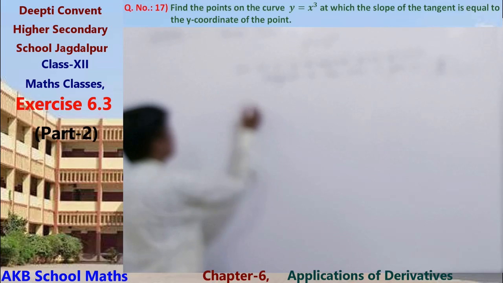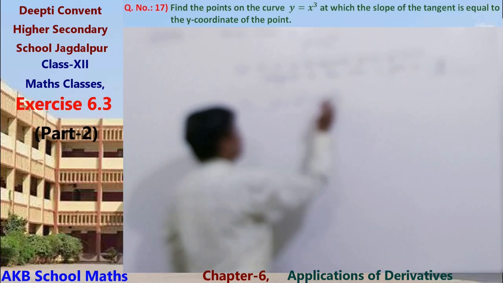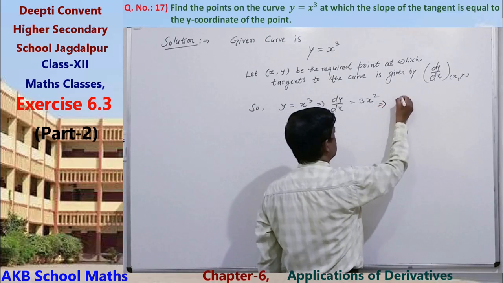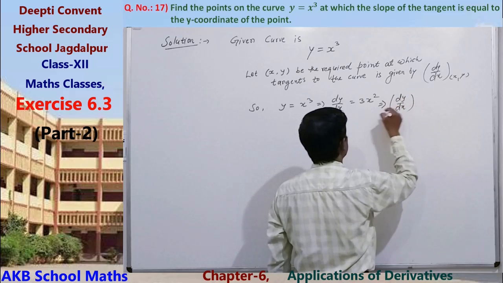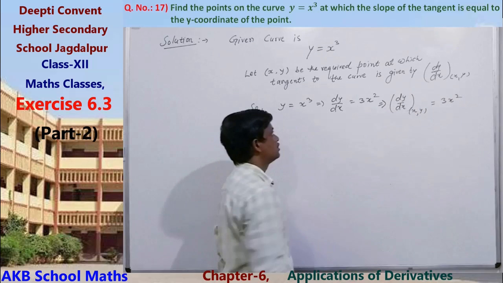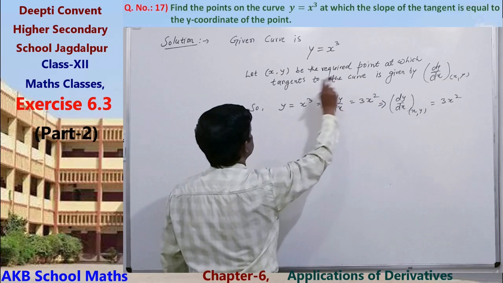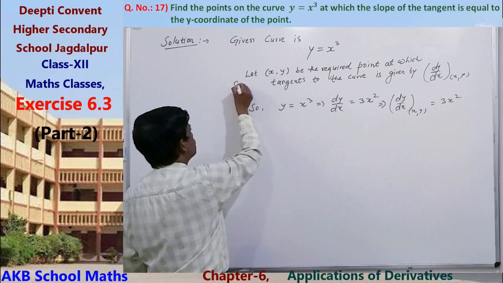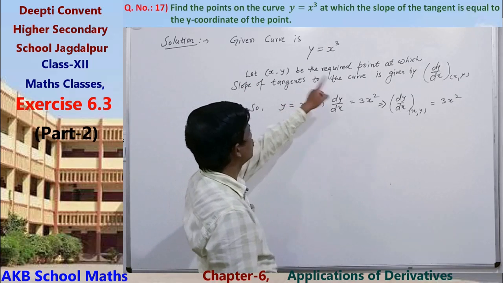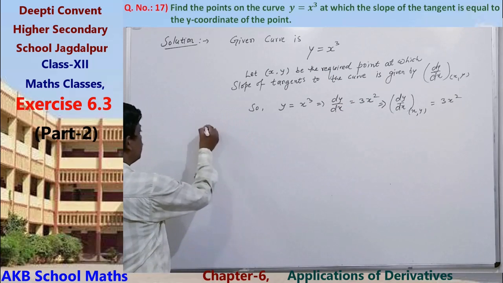So differentiate y equal to x cube, it implies 3x square, so dy by dx at (x, y) is equal to 3x square. This is the required point at which the slope of the tangent to the curve is given by this. That is, this is the slope of the tangent. Okay. Now according to the question,